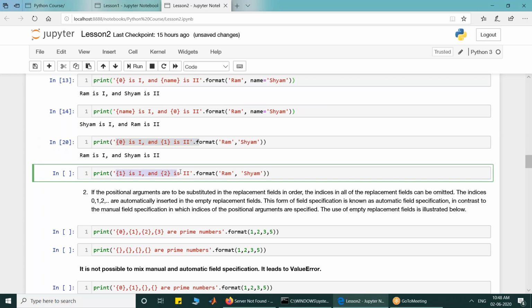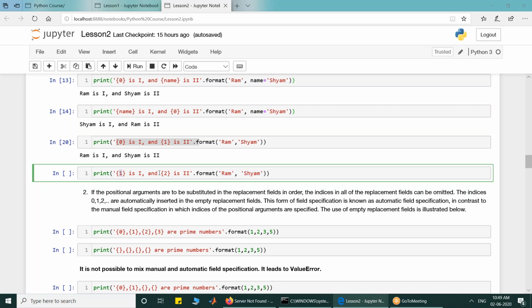So I hope you can give the output for this. 1 is 1 and 2 is 2. Can anybody give me the output for this? There are 2 positional arguments in the format method. So their valid indices are 0 and 1.